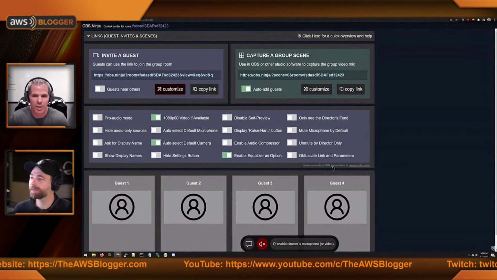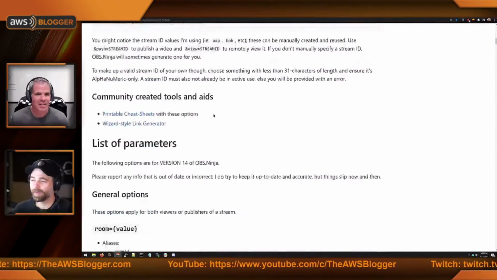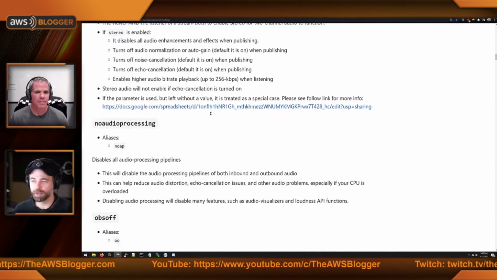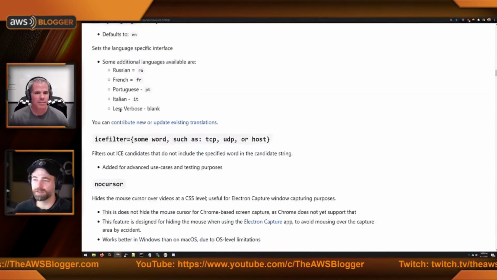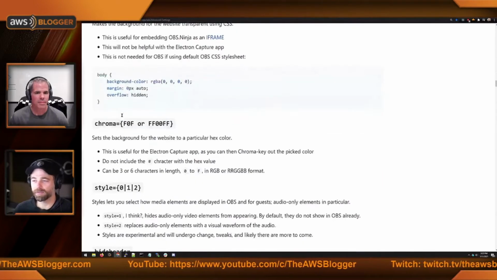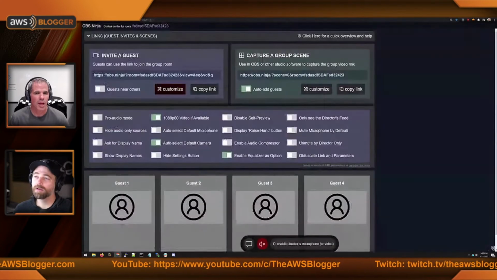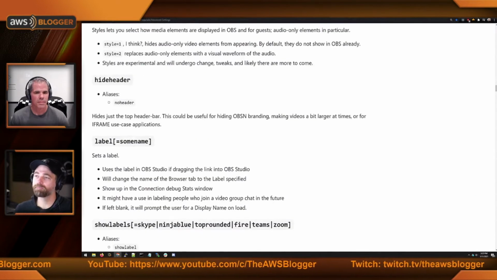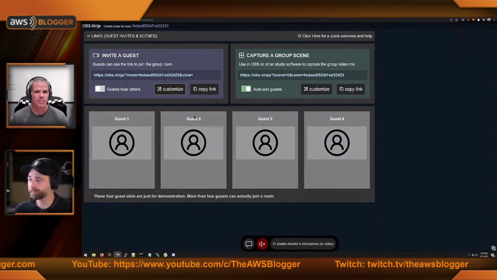The advanced parameters. You got to bring that up. I didn't even realize that. So we have all the advanced parameters. It's broken down into source, publisher, and generic parameters, but a lot of these you're not going to use because they're pretty advanced. Like chroma value here, you can change the background color. So if you want a green screen in OBS, that's an example of something you can do. Lots of options there, but I put the main ones you might want here.